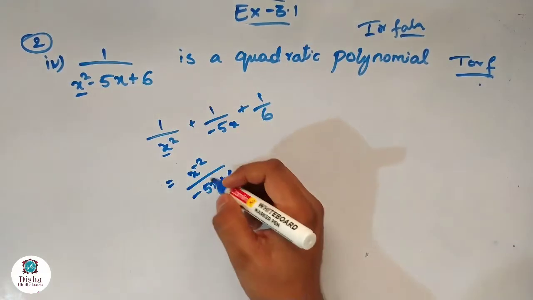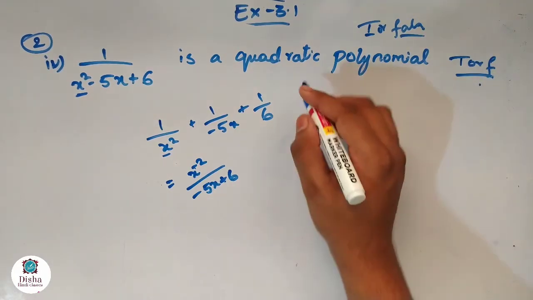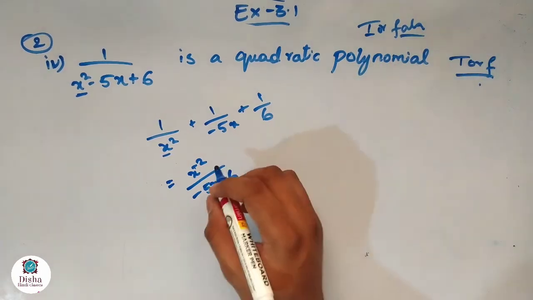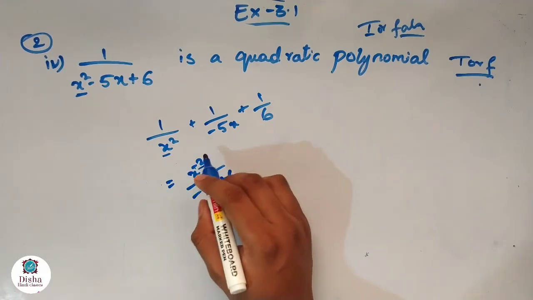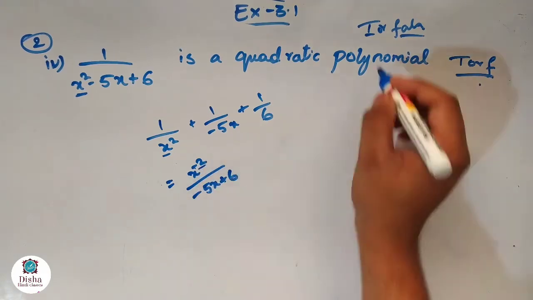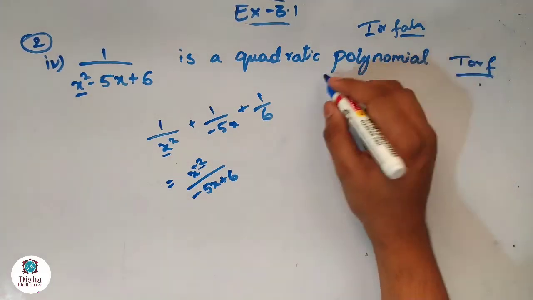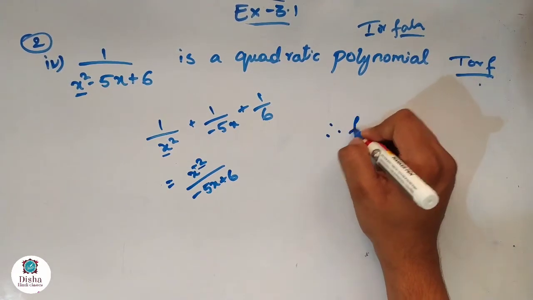If you do it this way also, you are getting minus. We have learned in the definition that a polynomial shouldn't have a negative power. It should always have a positive power. It is having a negative power, so therefore it can't be a quadratic polynomial. Therefore it is false,